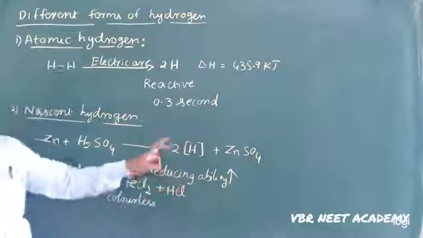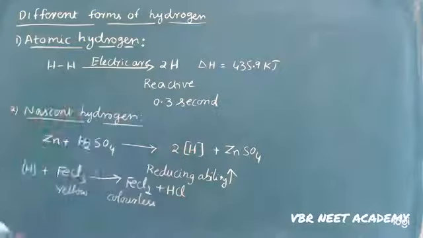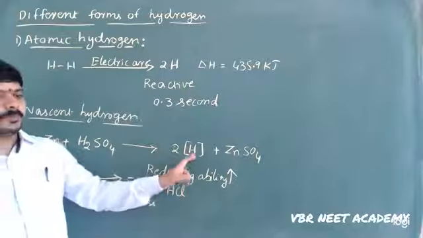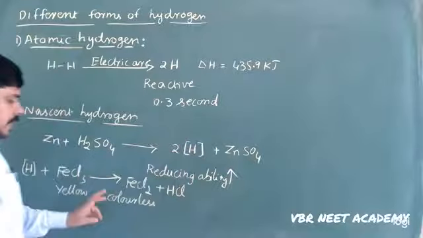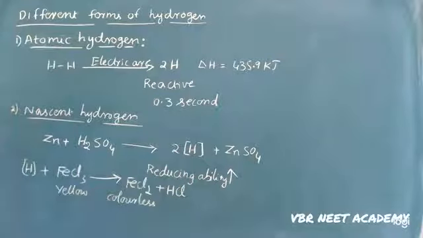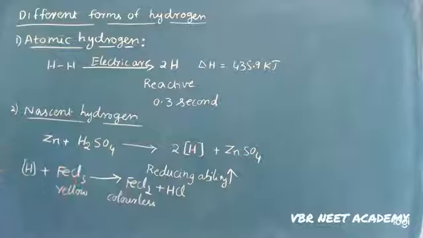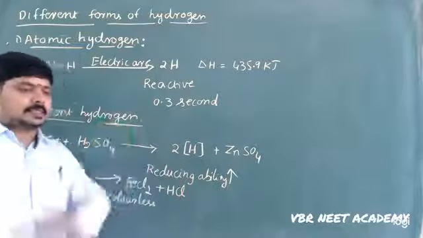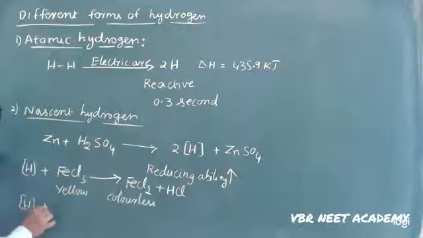The nascent hydrogen is produced by the action of a metal on sulfuric acid. Usually we use zinc. Zinc plus H2SO4 produces nascent hydrogen. This nascent hydrogen has the reducing ability. So what is the example of reducing ability? FeCl3, ferric chloride, yellow color is not going to be there. When it reacts with nascent hydrogen, it becomes colorless. So this is the one, and the same nascent hydrogen